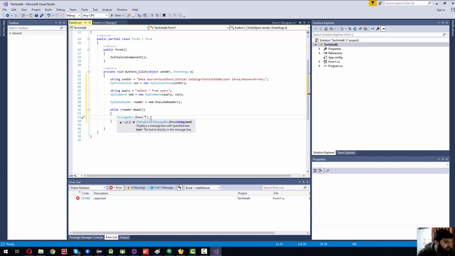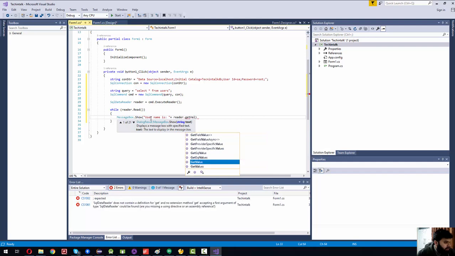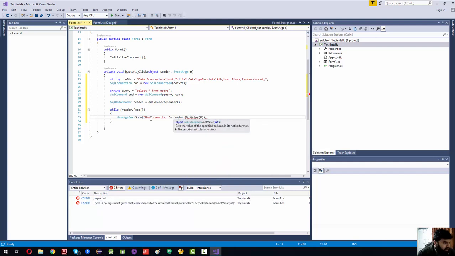So let's say username is, and just concatenate the reader dot GetValue and add 0 index